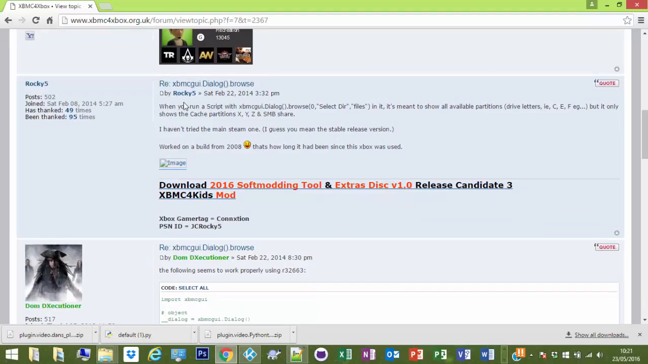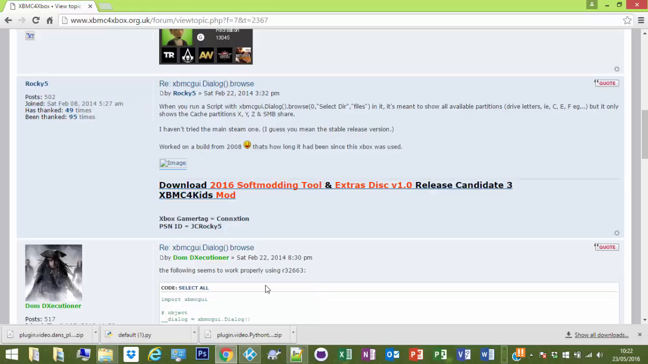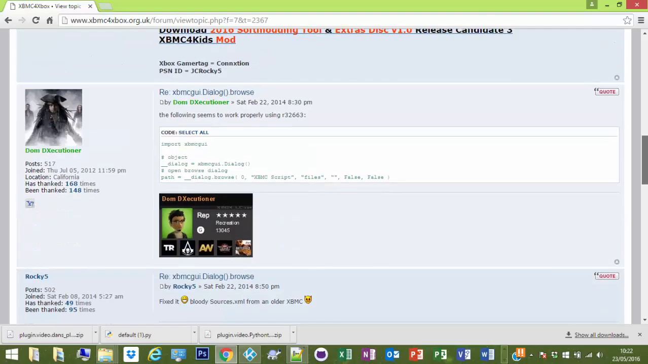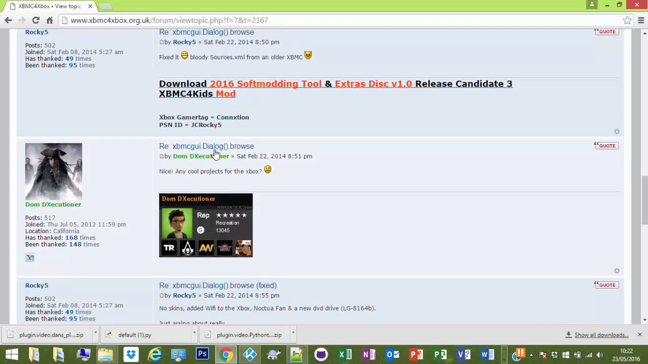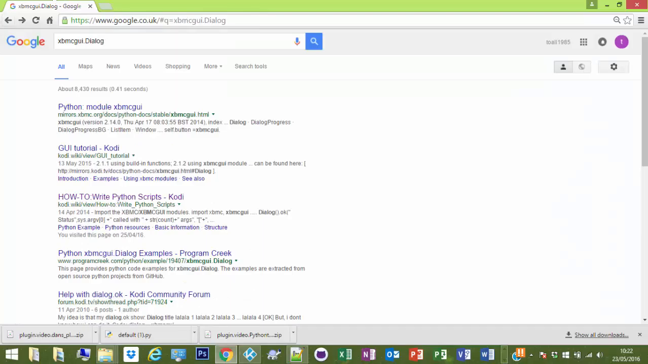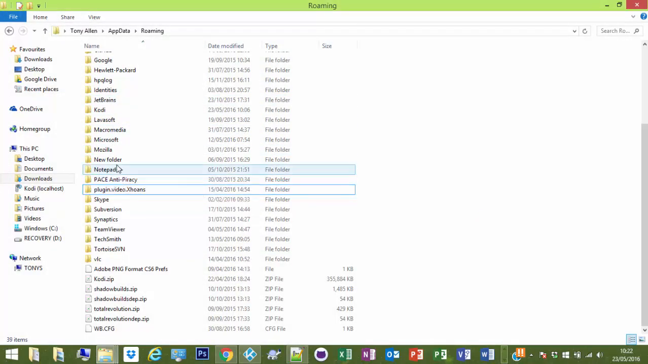So much good. When you run the script, that is meant to show all available partitions, but it only shows the cache partitions. Oh, I don't know. So I'll have to find the actual thing and have a look through and hopefully let you know another time. But that's it basically. What we'll do,